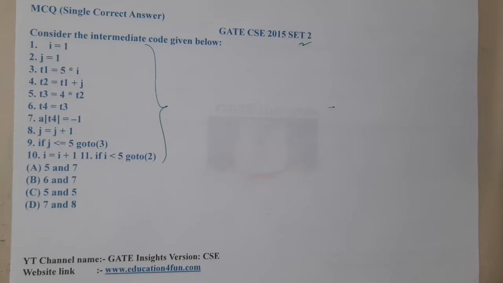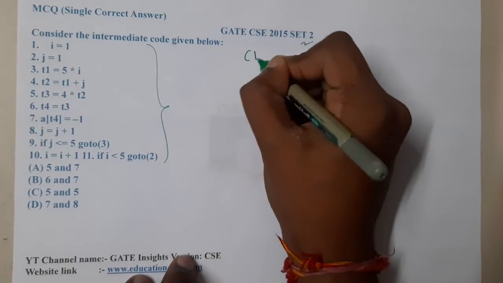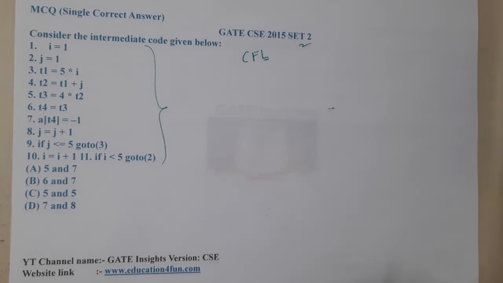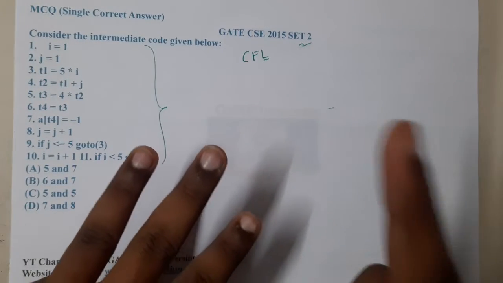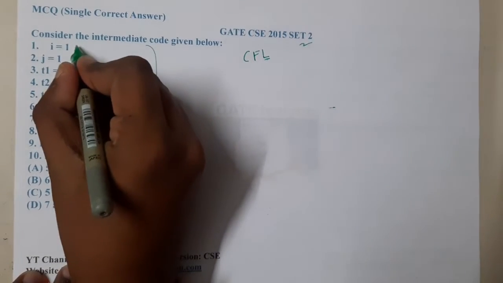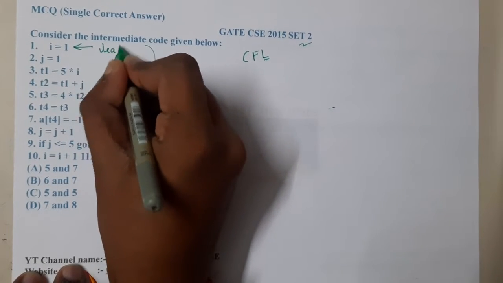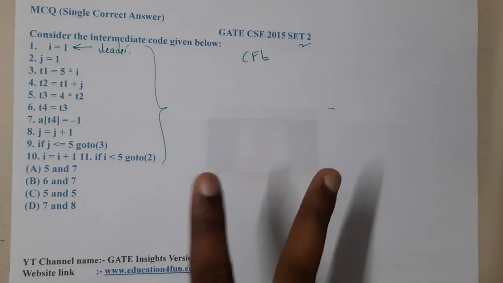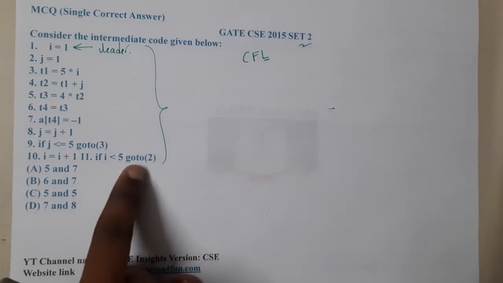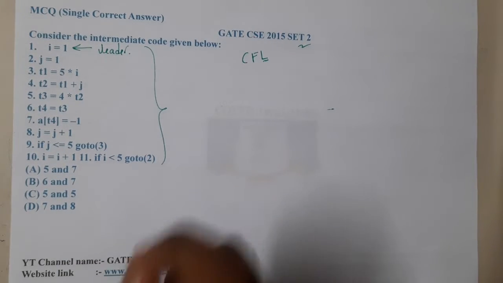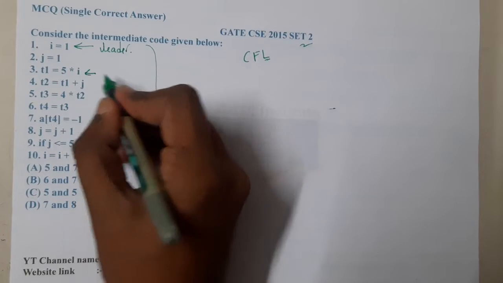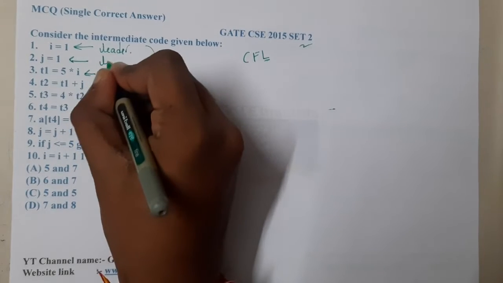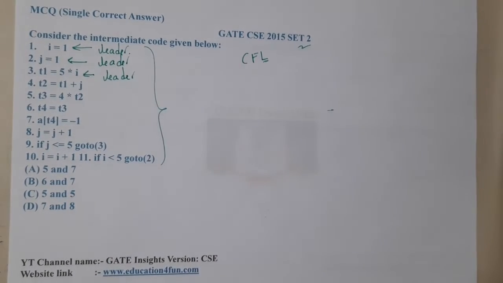I think everyone remembers this control flow graph, right? Let me recall the conditions again so you will get more clarity. When we are talking about control flow graph, there are three different conditions. The first condition is the first statement will be a leader. Once you have pointed the first statement as the leader, the next rule is: if there are any goto statements, each and every one of them will also be a leader. So goto 3, so the third line is a leader. Similarly goto 2, so the second line is also a leader. This is the second rule.